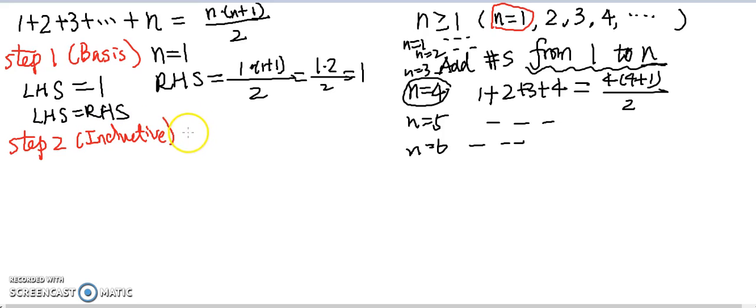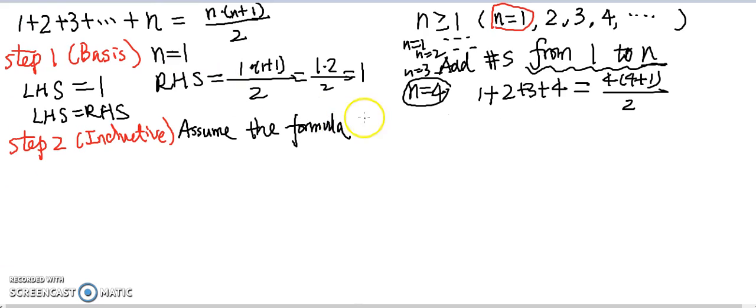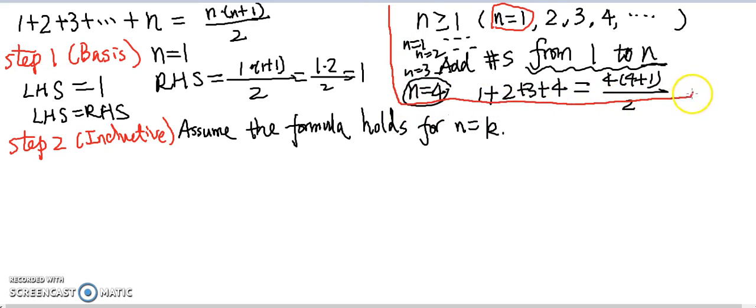We're going to assume the formula holds. So this is an important step right here. We're going to assume the formula holds for n equal to k, integer k. By the way, all that part in the corner here is just something we work on the